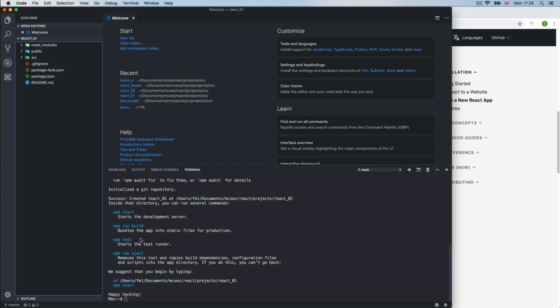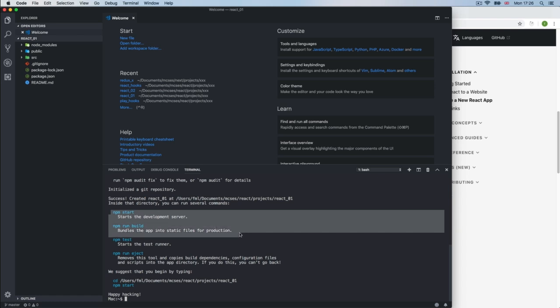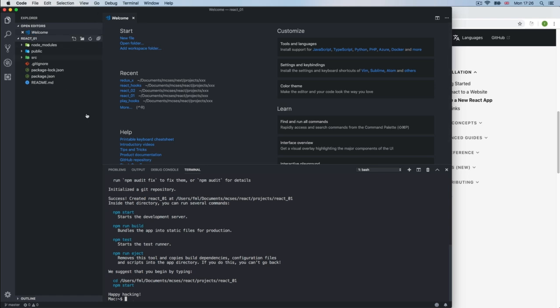It says npm start, build, test, and run eject. So we're going to talk about the eject later. The one we care about right now is the npm start and maybe the build. So with the first one, with npm start, we can trigger this from this directory, and this one